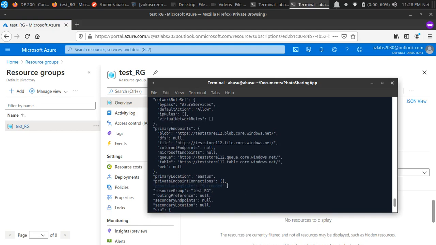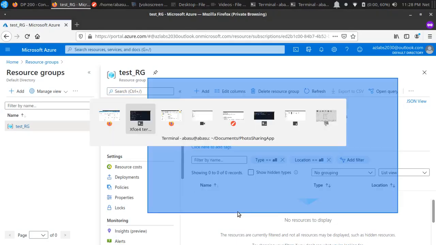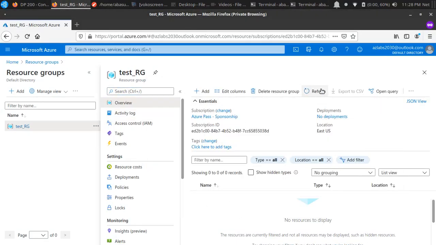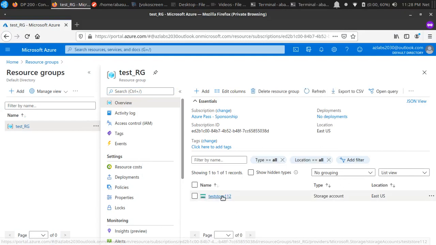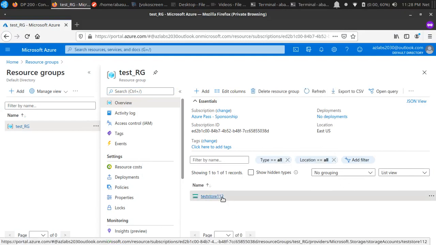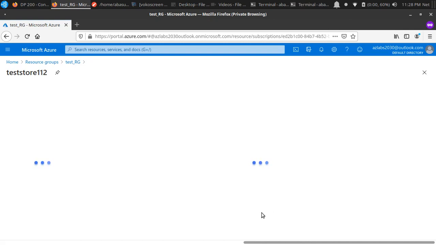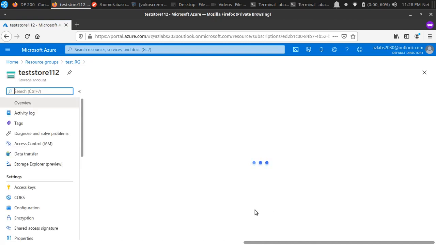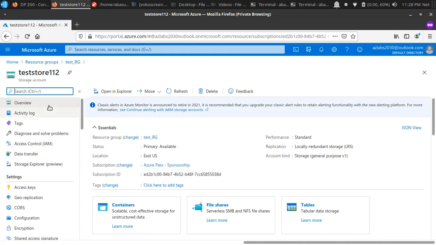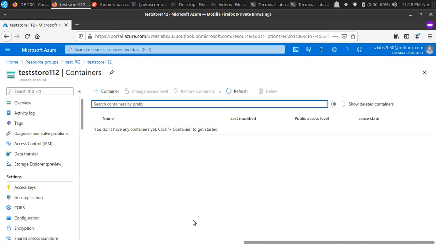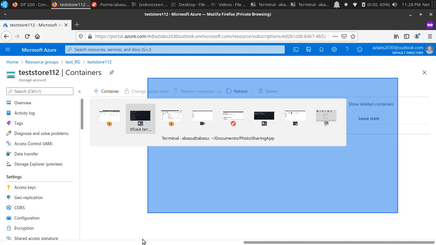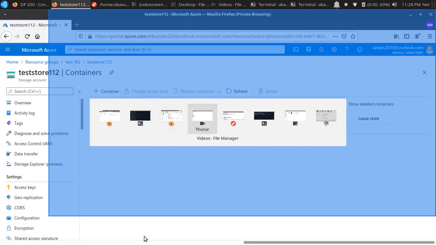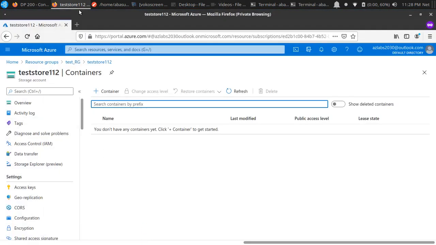Provisioning state is successful, so that means our command has been successfully run. So let's come back and refresh it one more time, and I should be able to see my account. So it's right there. This is the account that we just created using our Azure CLI, but we have not created any containers inside it. If you go there, there is no container, but we have a storage account that we can work with. So let's go back to our